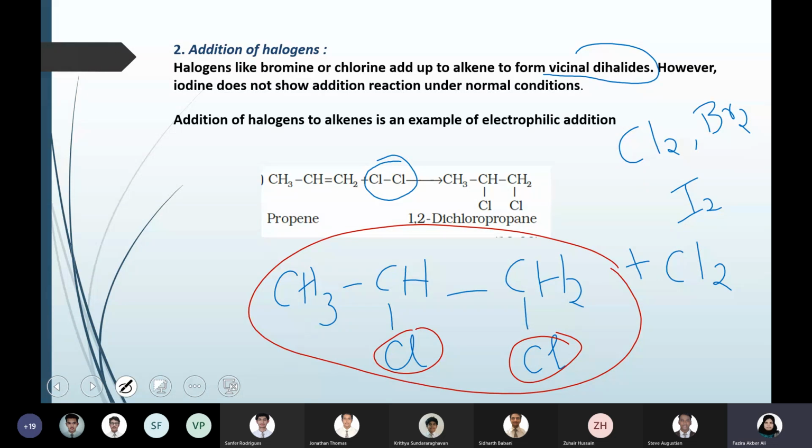So you can add chlorine, bromine or iodine in the same way and you will get vicinal dihalides as the product. So you can see the pattern of the reaction is the same. Wherever you have a double bond and you are adding something, the second bond breaks and the added substance will be added to both carbon atoms. Right? So two hydrogen atoms are there in a molecule, and each atom goes to each of the carbons in the double bond.